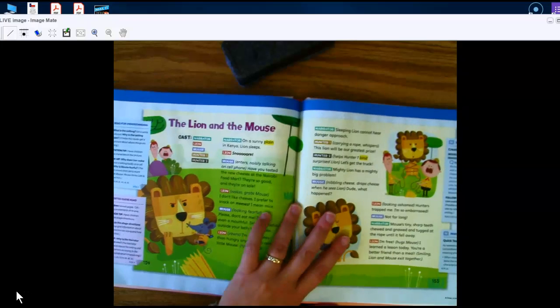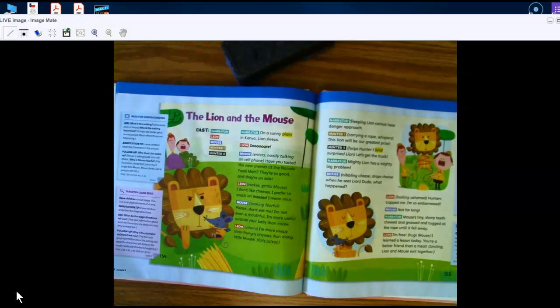Do you remember where the setting is here? You remember what the setting is? What's the setting here? Heather? Outside. But the narrator tells us at the very beginning something more specific. Xavier? A sunny plain. Remember, a plain is a big field with no trees. It even tells us where it is. Where on the map? What's the name of the country that they're in? Chase? Well, raise your hand and let me know, Kate. Kenya. So a sunny plain in Kenya.